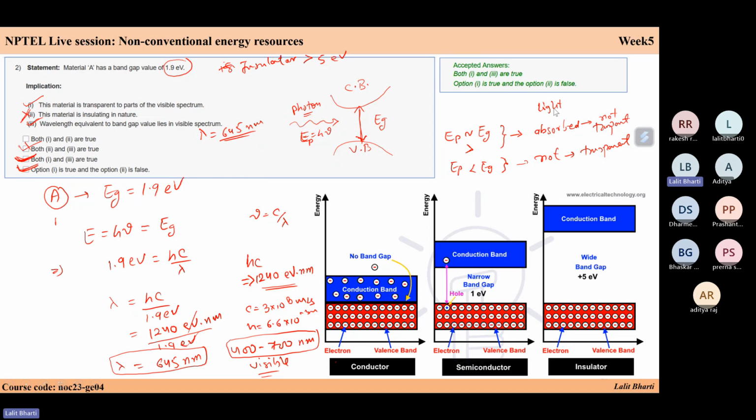It is given that if your incident light is equal to EG or higher than EG, it will be absorbed and it will not be transparent. And if the energy is less than EG, then it will not be absorbed and it will be transparent. So your 1.9 electron volts,